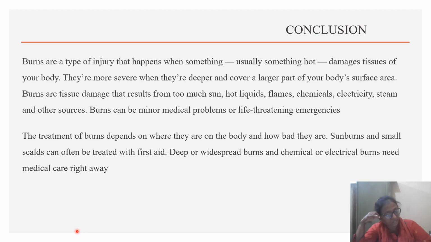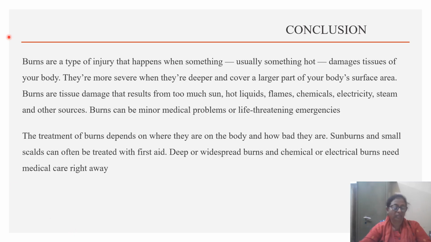volume excess related to resumption of capillary integrity and fluid shift from interstitial to intravascular compartment, and imbalanced nutrition less than body requirement related to hypermetabolism and wound healing, impaired skin integrity related to open burn wounds, then pain related to exposed nerves, wound healing and treatments, and impaired physical mobility related to burn wound, edema, pain and joint contractures. Knowledge deficit about the course of burn treatment. These are the nursing diagnoses.